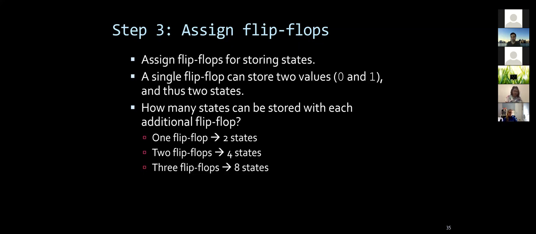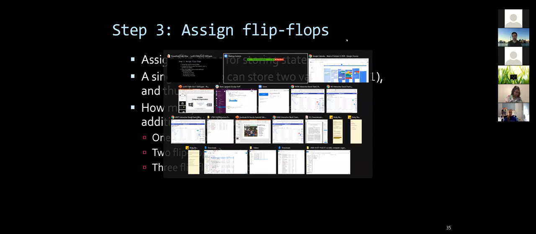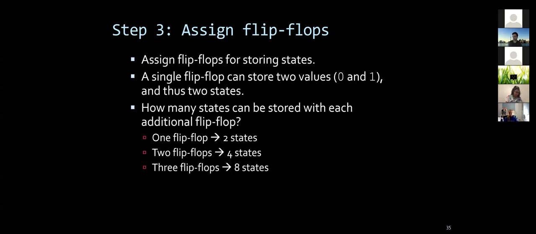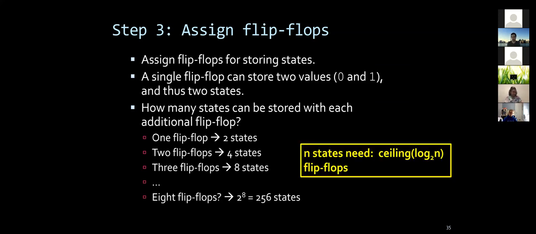The question is, if I had n states, what would be the formula for how many flip-flops I need? So please try to get that. It would help you to see whether you understand it well or not. Yeah, you need to be careful. Yep, you need ceiling, right? Because nobody said that n is necessarily a power of 2. So essentially, 8 is 2 to the power 3, but for n states you would need a ceiling of log base 2 of n